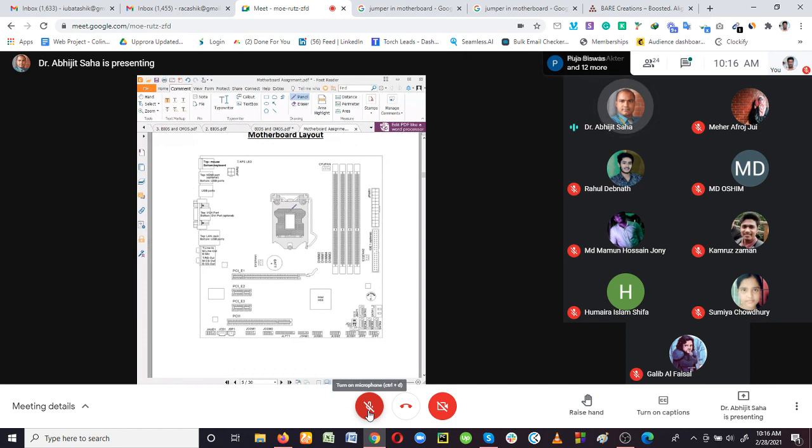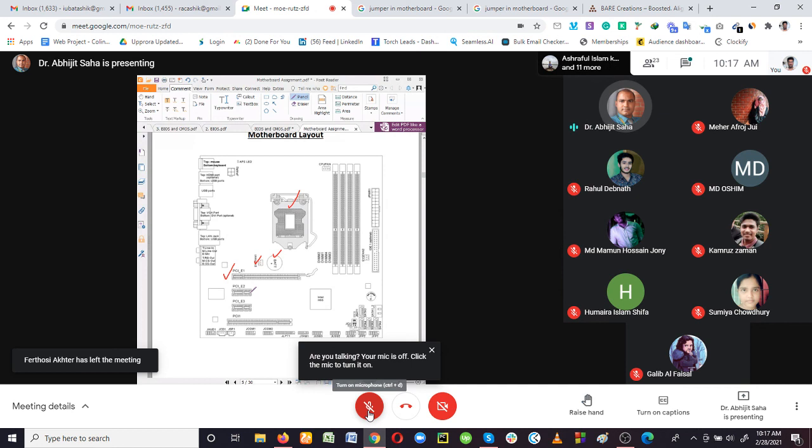So you can see that we have the CPU socket, the CMOS battery, the system 3-pin connector, and the PCI Express slot, PCI E1. This is actually the AGP slot, or the PCI Express slot for the high-end dedicated graphics card, the graphics expansion slot. And then we have PCI E1, PCI E2, PCI E3, Express 2, Express 3, and